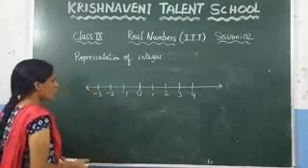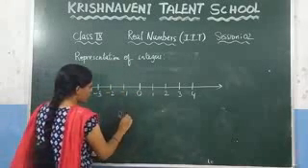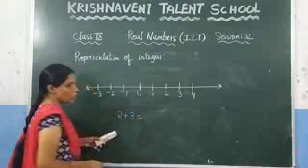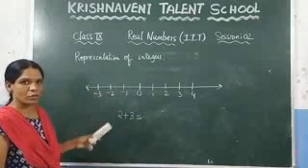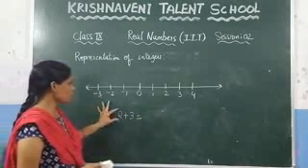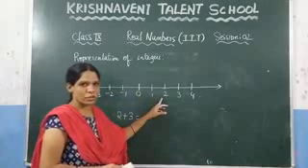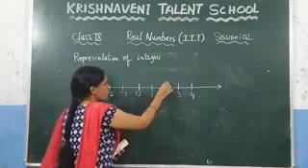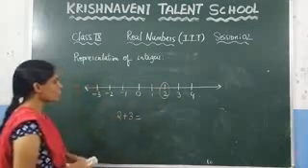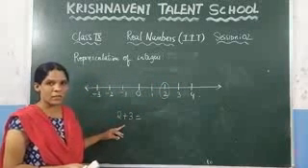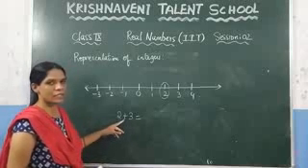Suppose you want to add 2 integers, let us add 2 plus 3. If you want to represent this on a number line, how do you represent it? First, you need to check the first integer. What is the first integer here? 2. So, go to the number 2. And this is the number 2. And after that, you need to check which operation we are applying here. Which operation are we applying here? Plus.